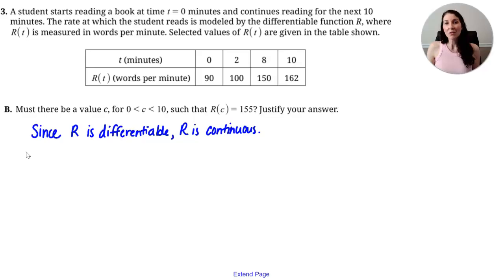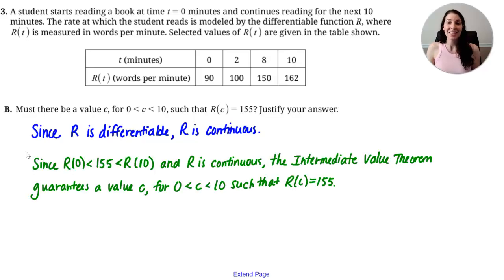Now the problem doesn't say the function is continuous, but because we know that r of t is differentiable, we do know that r of t is continuous, and therefore we can use the intermediate value theorem. So will this function reach 155? And the answer is yes. Notice that the value of r at 0, which is 90, and the value of r at 10, which is 162, does have 155 in between. So since r of 0 is less than 155 is less than r of 10, and because r is continuous, the intermediate value theorem does guarantee a value c between 0 and 10 such that r of c is equal